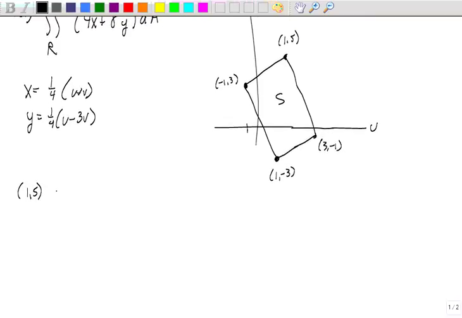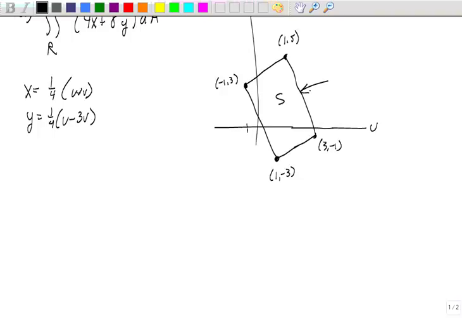U 1, 5 is going to go to 3/2. No. Well, let's not do it that way. What we're going to do is get the equations of these lines. So first off,